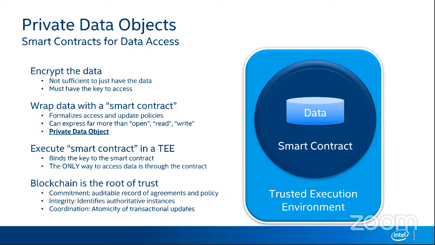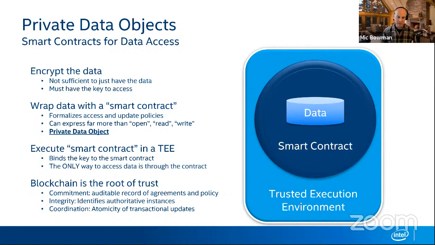And what we do with the state changes in the blockchain is we basically take a hash of the data that was going into the operation, some information about the operation that was performed, and the hash of the data that came out. And that's what a transaction is on the blockchain. So there's no real data about the PDO that goes onto the chain, just the hashes in the transaction. And then there's a signature by the TEE